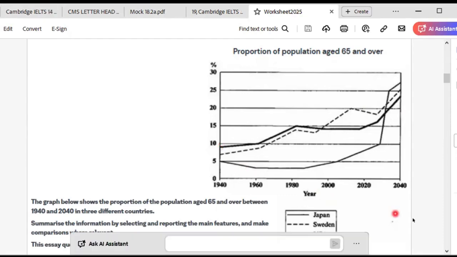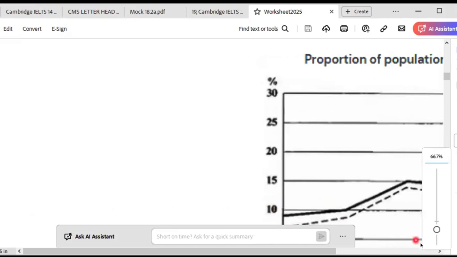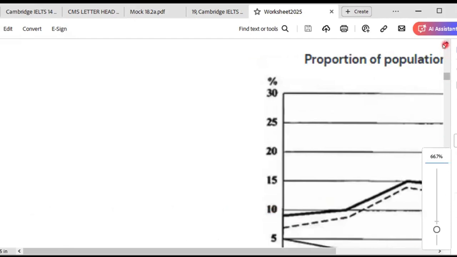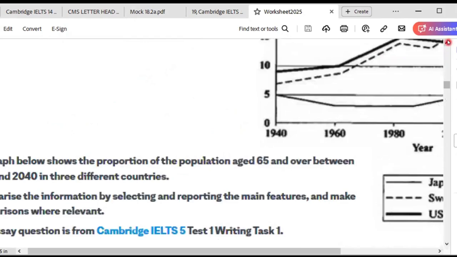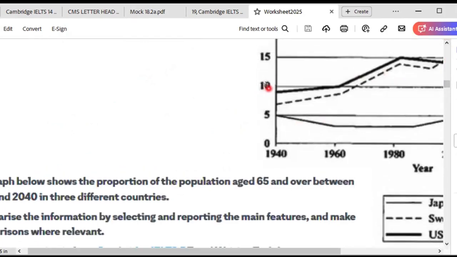Somebody asked, how did I get 9%? Look at it here. Can you see 10? What is just below 10? Can you tell me what is below 10? What is before 10? Is it 6? Is it 5? What do you think should be here? If you're asking me how I got 9